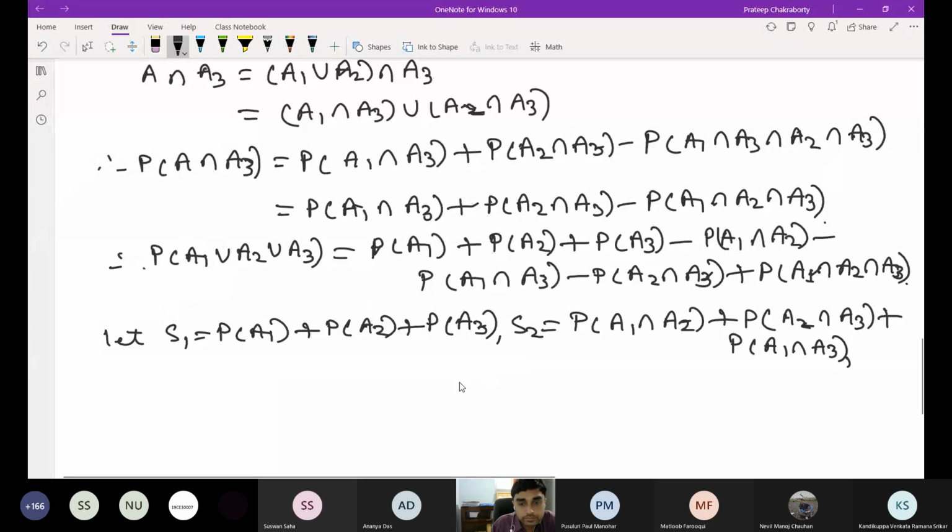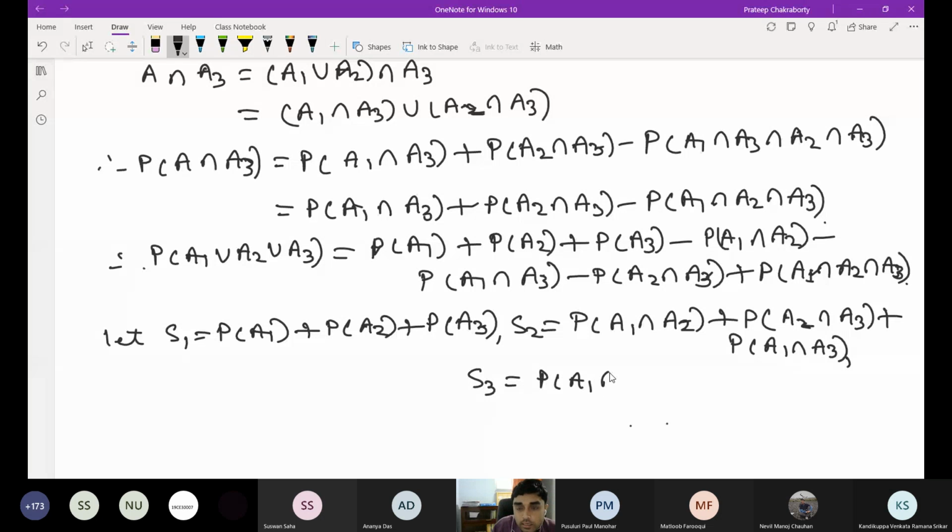S3 equal to, what happens when I stopped? Any participant? Yes, Ananya, do you have any questions? Sir, I want to tell the formula for n events. Okay, that's good. You will tell me after I write this. Now, can everyone see the OneNote page? Yes, sir. Okay, so this is S3 equal to